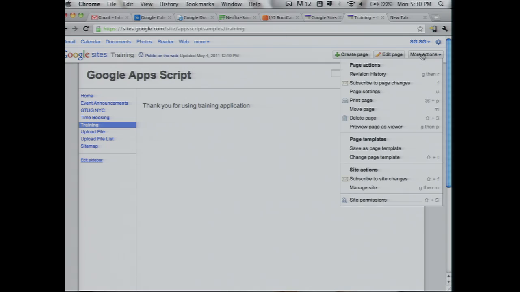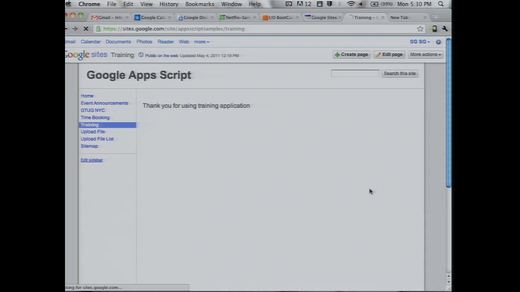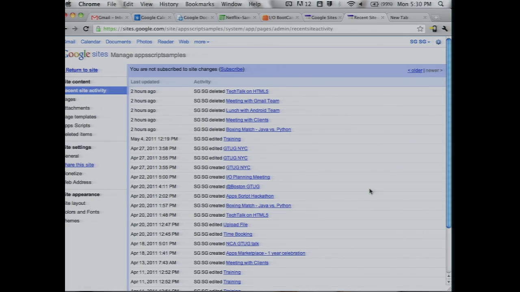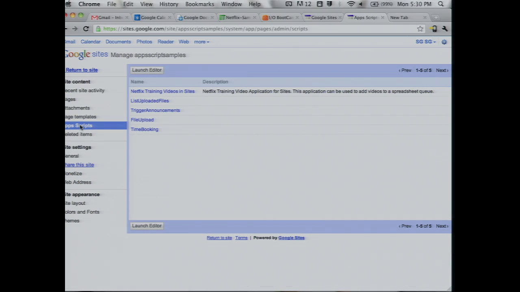So if you want to create a script in a sites page, then you click on More Actions in a Google site, and then you click on Manage Site. As soon as you click on Manage Site, you will see app scripts here on the extreme left. You click on app script, and then you will see a list of scripts that you have available in that Google site. So here we want to write a new script just to show you how you can use app script. So we launch the editor,